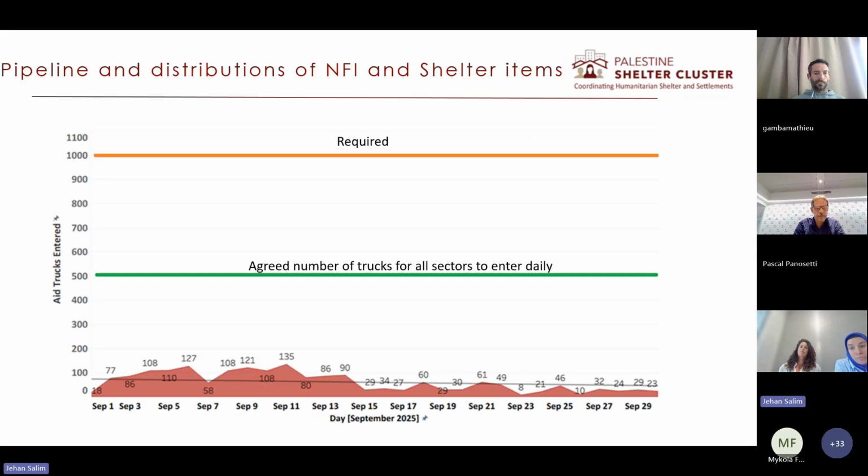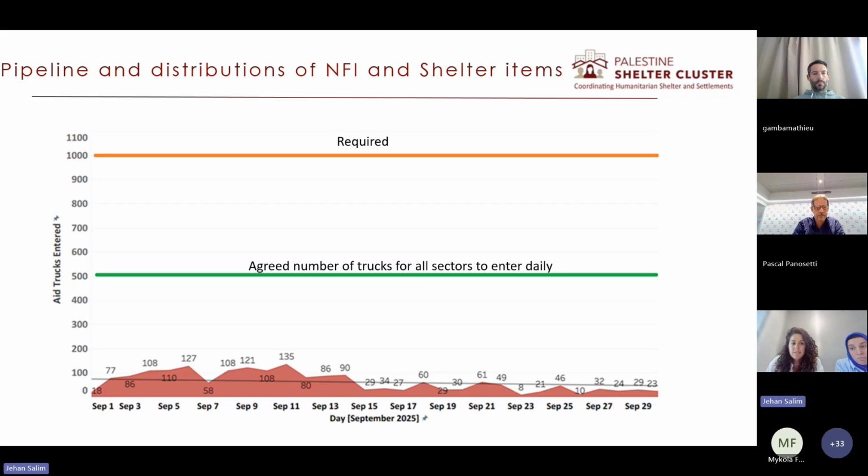This pipeline of distributed NFI shelter items is just to give you an overview of the entry of trucks. The red shows the number of trucks entered in those days, but this is not only shelter items. This includes all sectors, like food, WASH, all the sectors that fall under cluster coordination. And it's been a very small number. And the green line is the agreed